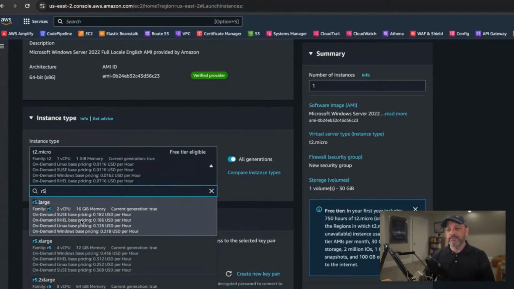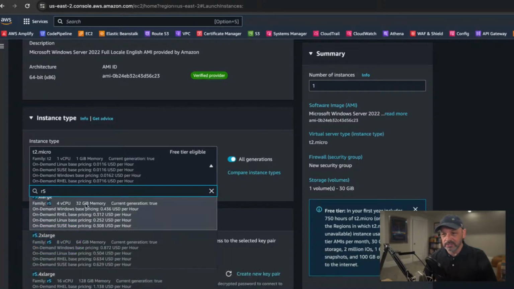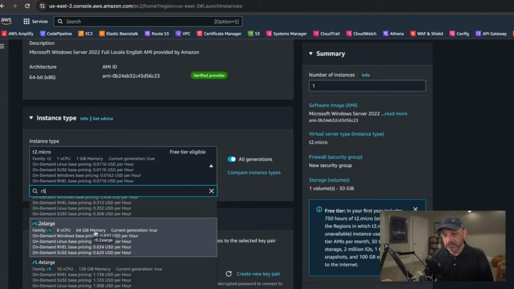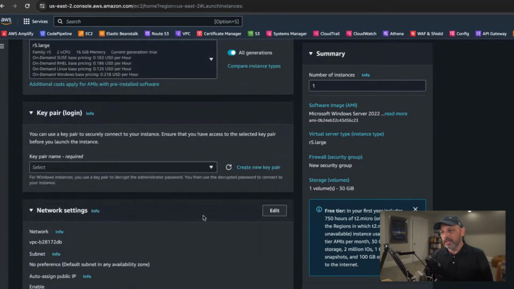So at the very least, you're going to want to have 16 gigabytes of memory. But typically for VMs, I would even increase it to maybe 32. And then if you've really got heavy effects on your templates, you're going to want to up the ante to even higher amounts of RAM. So for this one, I'm just going to go ahead and choose the 16 gigabyte,